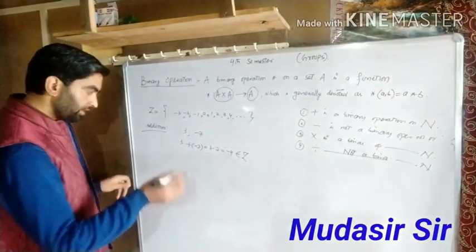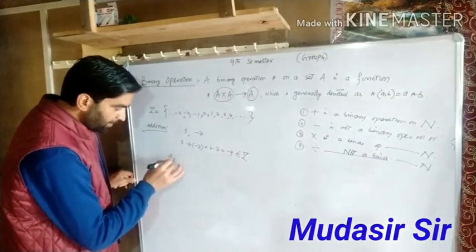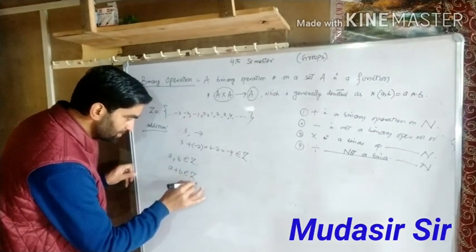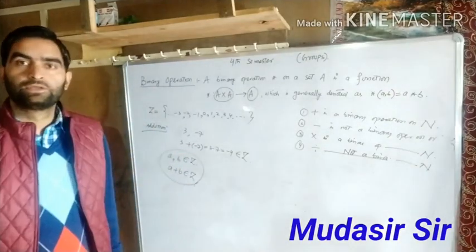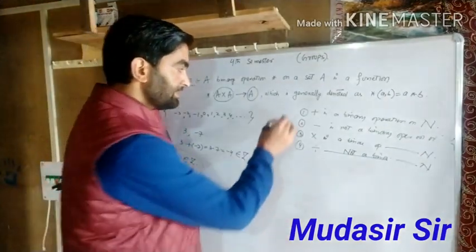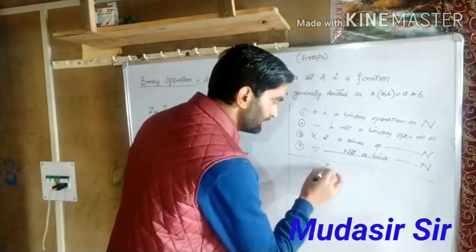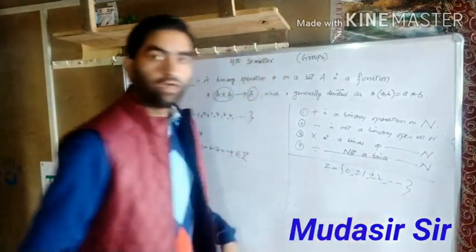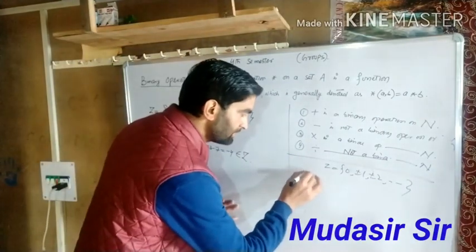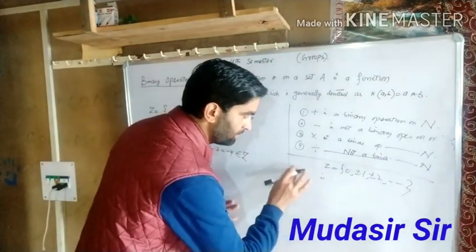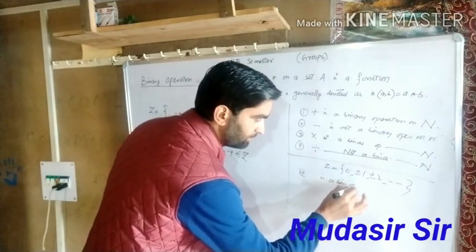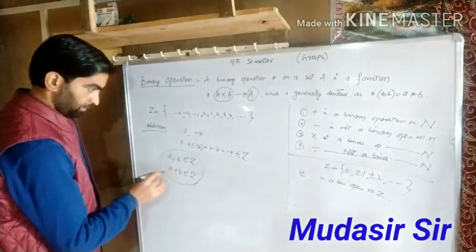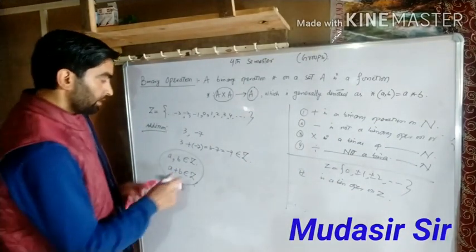So I think you can directly say that if a and b are any two integers, add them a plus b, it is always an integer. So I think the set Z of integers, 0, plus -1, plus -2 and so on. Now it is clear that addition plus is a binary operation on Z. चलो भाई हम दूसरा एग्जाम्पल देखते हैं,